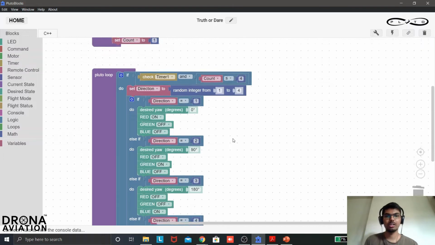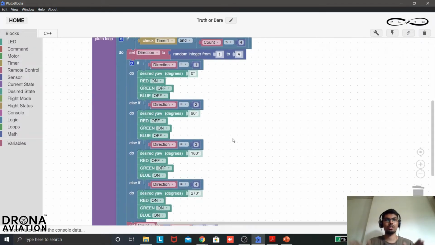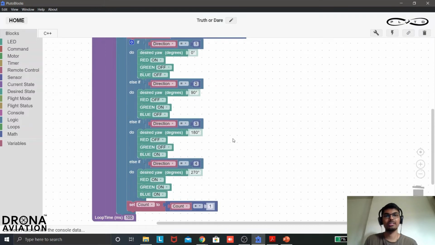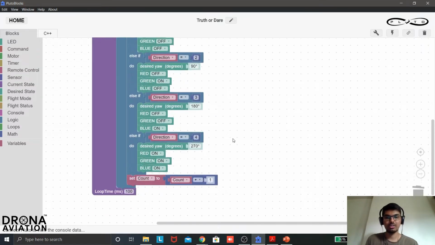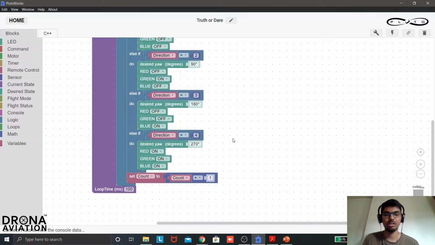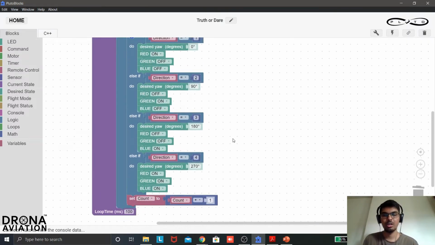So essentially what we have done is we have set a time of 16 seconds in this project. The drone will yaw at 4 different angles. It is not necessary that the angles will be 0, 90, 180 and 270 in that sequence. The angles could be 0, 180, 0, 270, whatever random number is generated 4 times. So I guess this will help you understand the majority of the part.